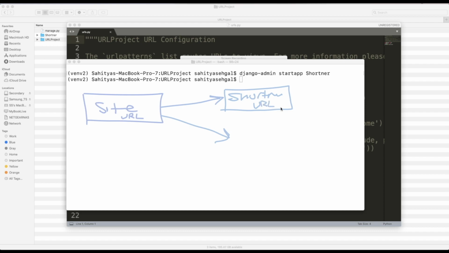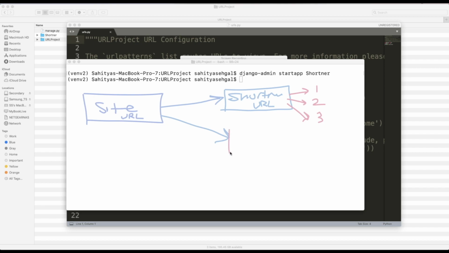And in that shortener application's urls.py, if I go to something like /shorten, it's going to do one thing. If I go to /clear, it's going to do another thing. If I go to /retrieve, it's going to do another thing. And the same thing could be said for different applications here. So if shortener is one of the applications I have, let's say the other application I have is